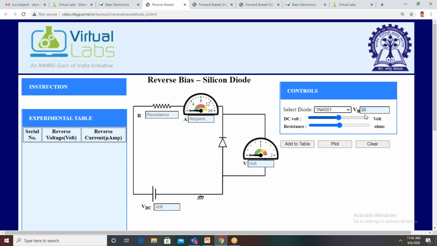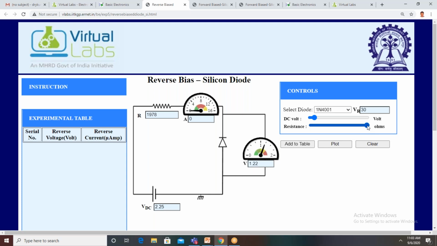It is 30 volts, which means it can operate safely up to 30 volts. We can vary the input voltage from 1 volt to a maximum of 30 volts, and this is the resistance value. Again, the resistance is a maximum of 2 kilo ohms.